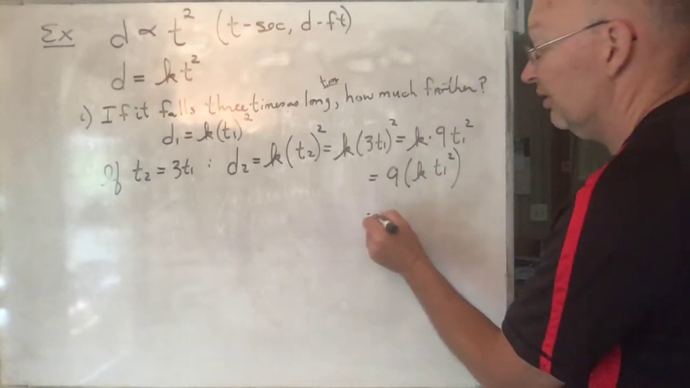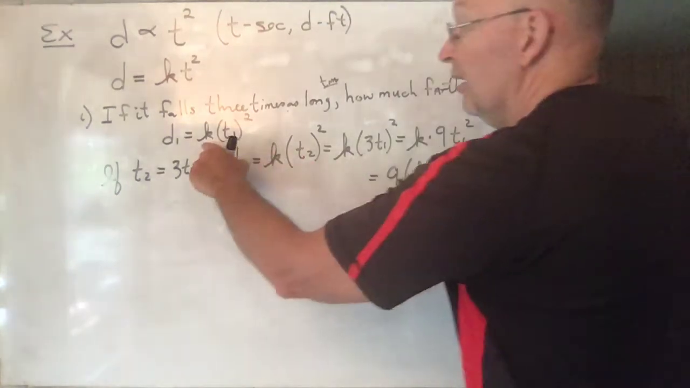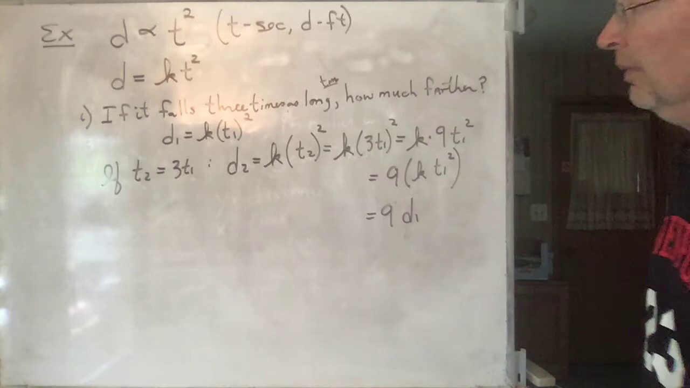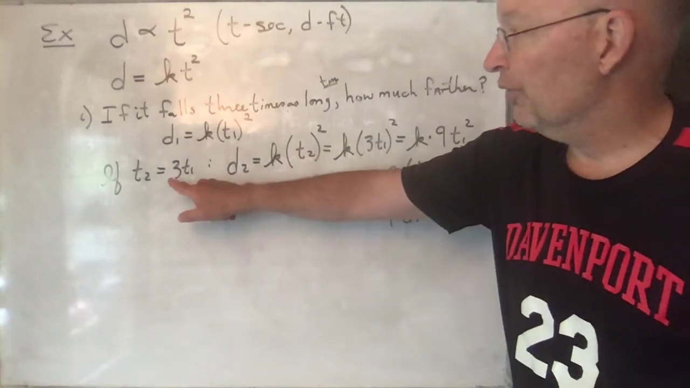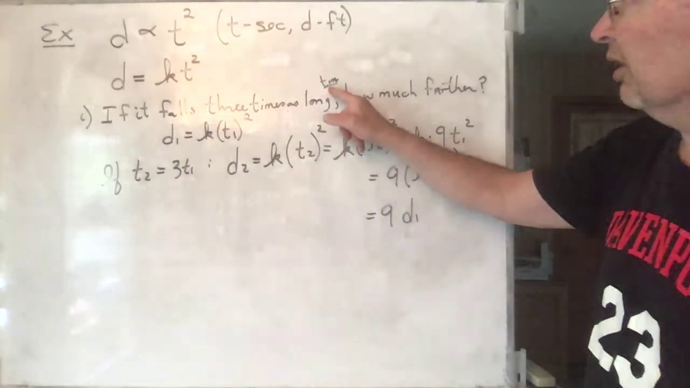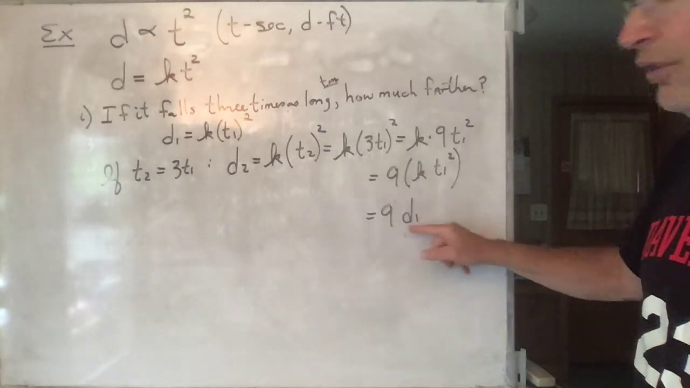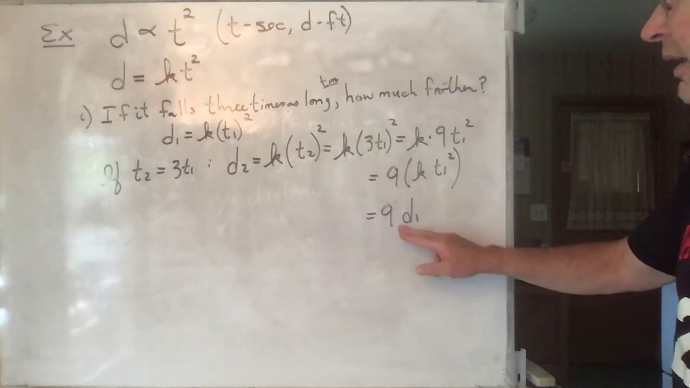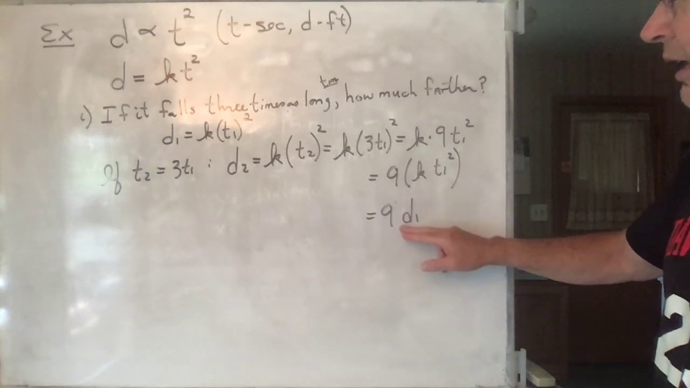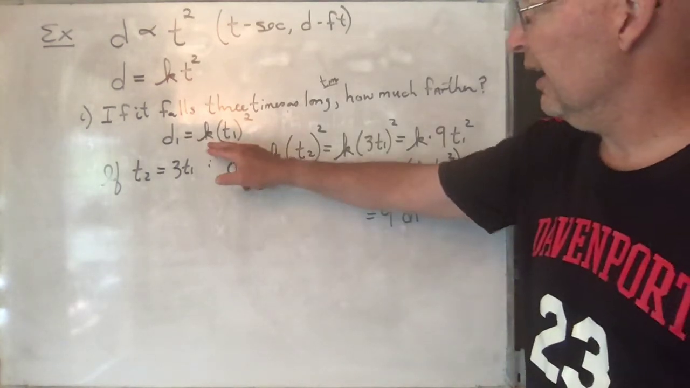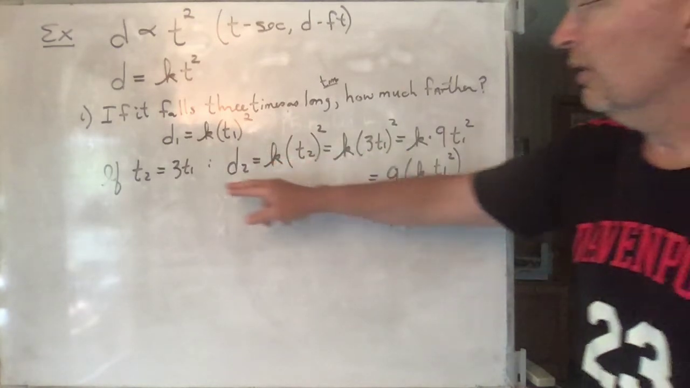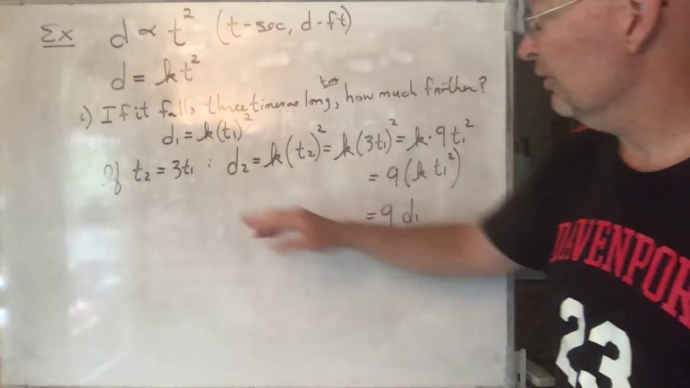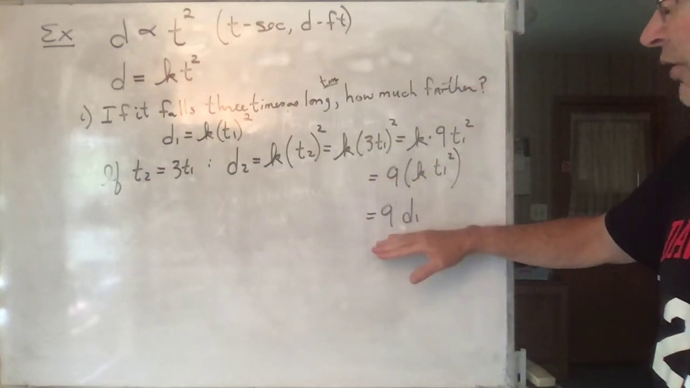Okay, which is 9 times k times t1 squared. That's d1. In other words, if it goes 3 times as long, it's going to go 9 times as far. See that? If it goes 3 times as long, it's going to go 9 times as far. And the key to this is notice that we never had to actually find what k was. We just used the relationship that this was 3 times as much as this, and so we got 9